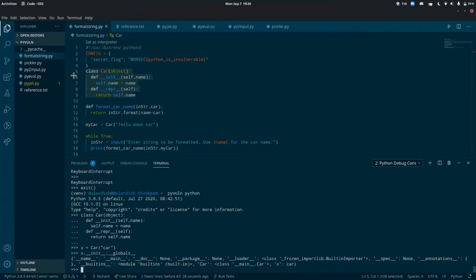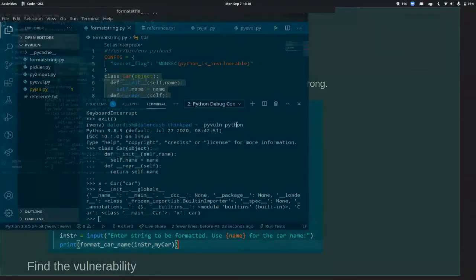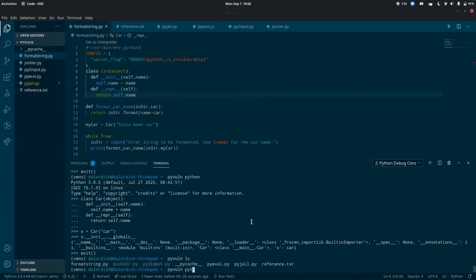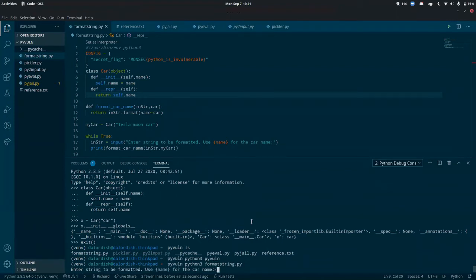So what we can do then is chain things together in order to get our secret flag. Let's run this again. Let's see, this format string. And let's validate and make sure things are working. We have to have name in because that's how we access things.